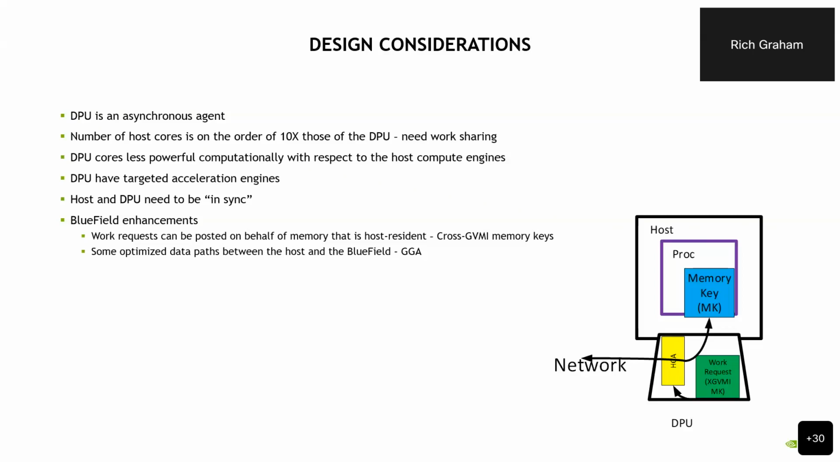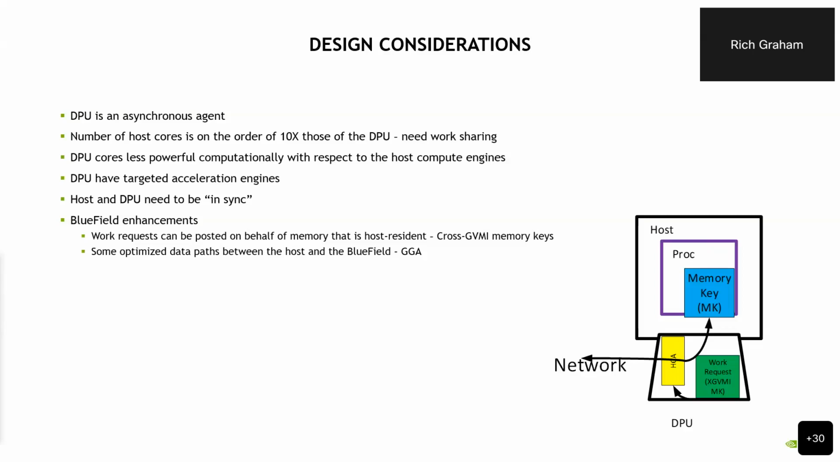Some people are familiar with this term: there's this thing called a cross-Gvmi memory key. It has to do with the way the PCI support is implemented for InfiniBand. Basically, if you can create these cross-Gvmi memory keys, that will allow you to post sends, post receives, post atomic operations, or whatever you want on the DPU on behalf of memory that's host resident. In this cartoon on the bottom right, you will initially define the memory key on the host. The memory region that it describes,